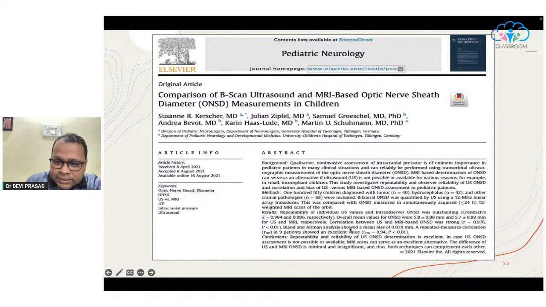They conducted repeatability studies to watch for intra-observer variations, and the overall mean values of ONSD were around 5.8